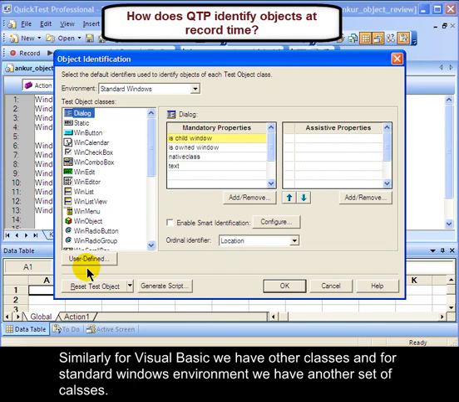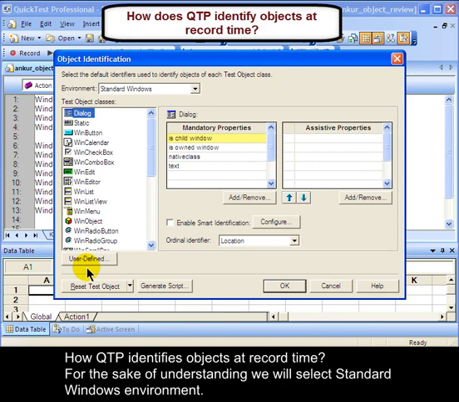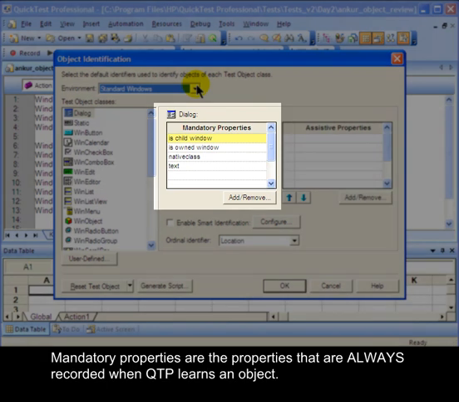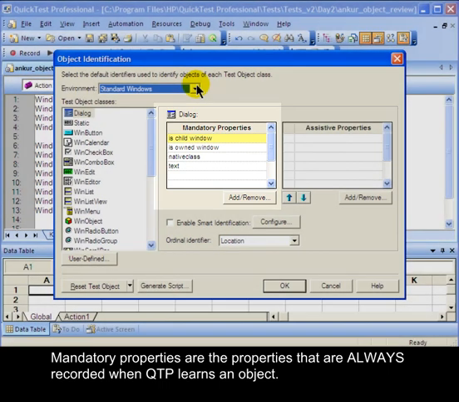Now let us see how QTP identifies object at record time. For the sake of understanding, we will select standard Windows environment. Every object can have mandatory properties and assistive properties associated with it. Mandatory properties are the properties that are always recorded when QTP learns an object.